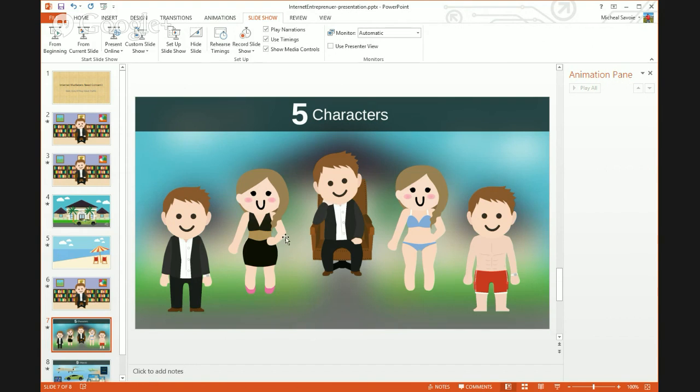As you can see, this guy here is the same as this guy, just sitting in a chair. Actually, it's him too when he's out on the beach. And just like this girl is the same as this girl, just a different outfit.